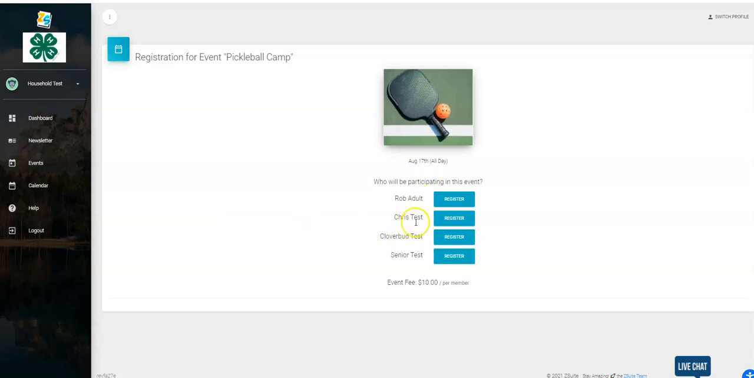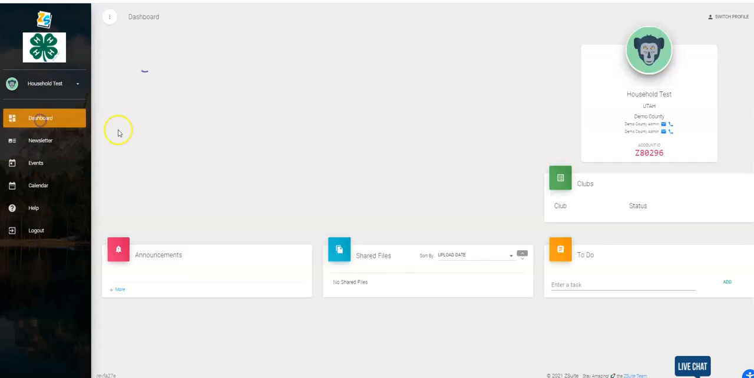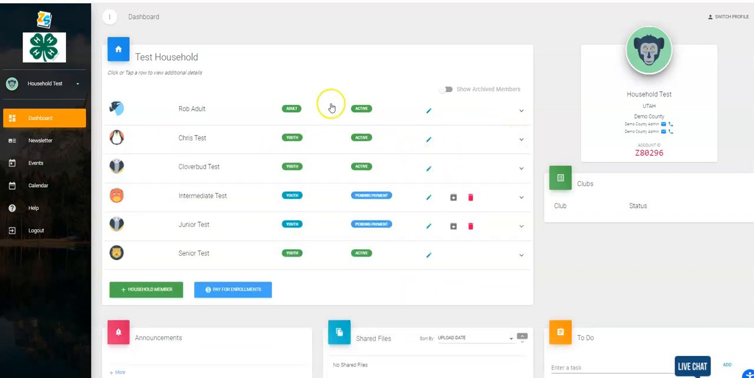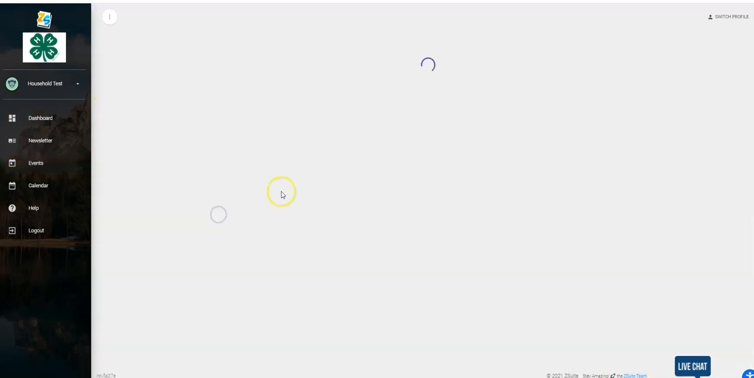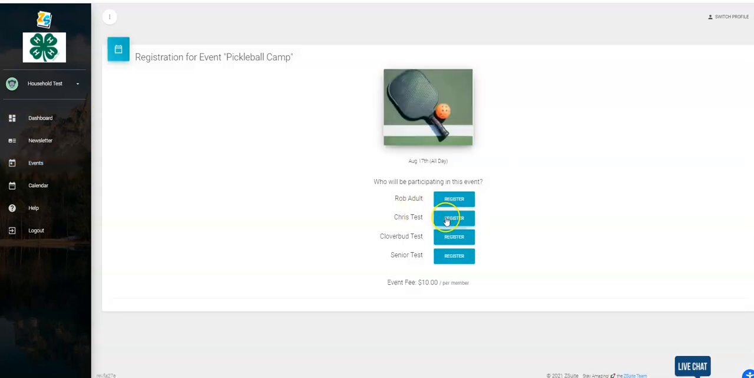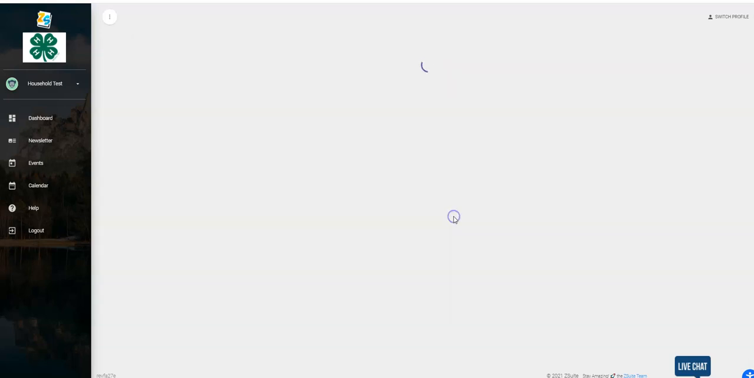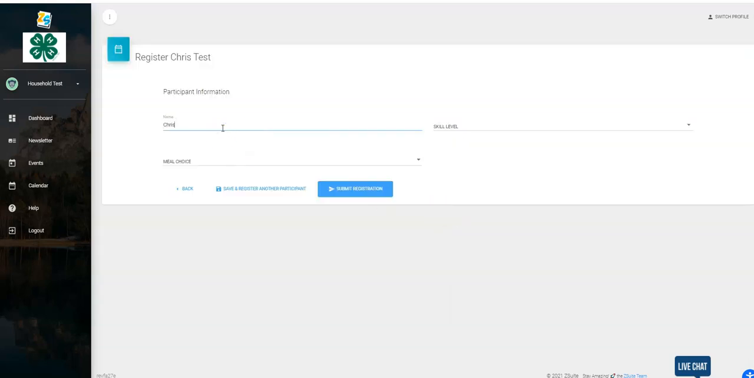And here it will show all of the members of the family who are eligible to register for this event. One thing to point out is that only members who are in active status can register for events. Individuals who are not active may not register for events. So again, we're going to register, and we're going to select the individual who wishes to register. We are going to complete the